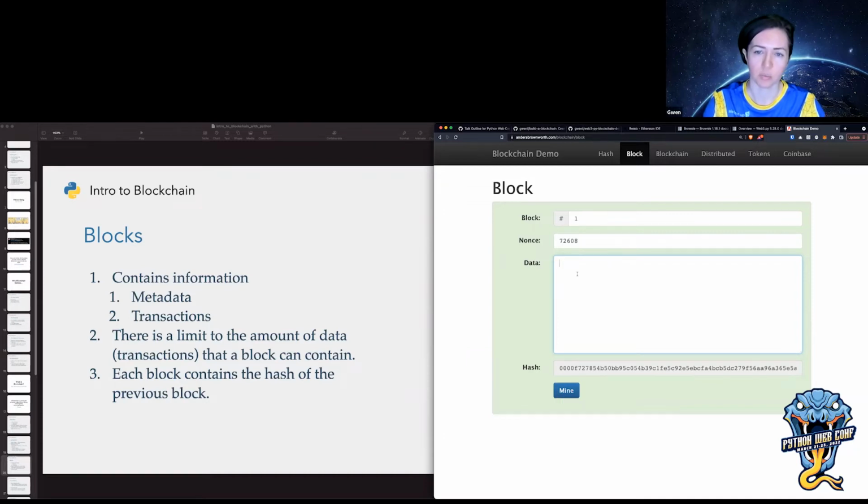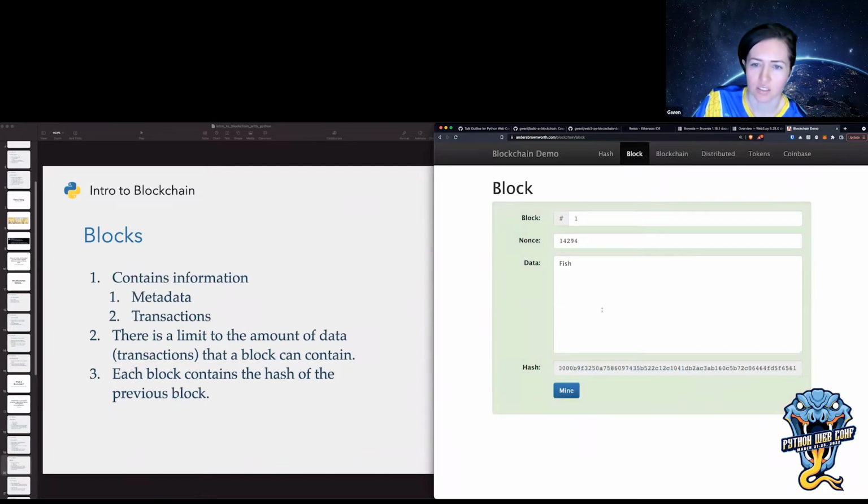And once it's filled up, then another block can be created. So each block is hashed with the value of the previous block, making it unchangeable. So I'm just going to add some data here. And you can see when I add data, the hash value changes. So I have to do something called mine the block.